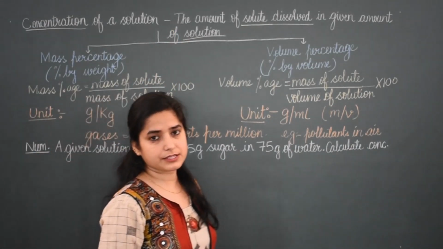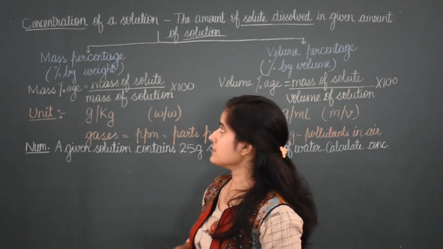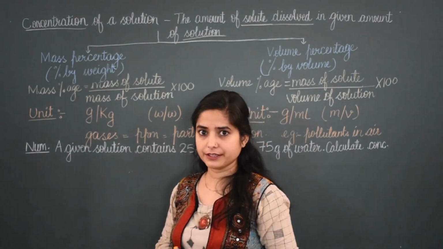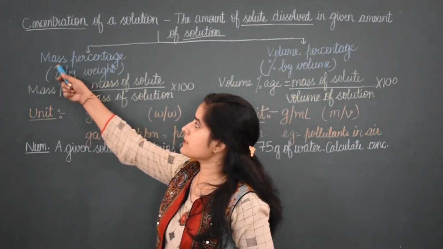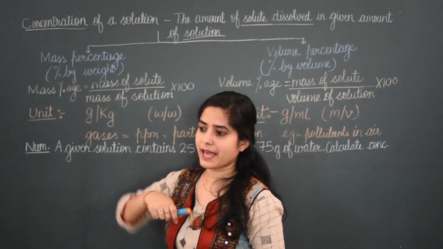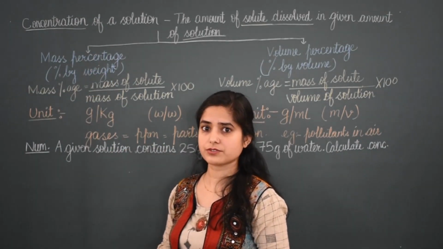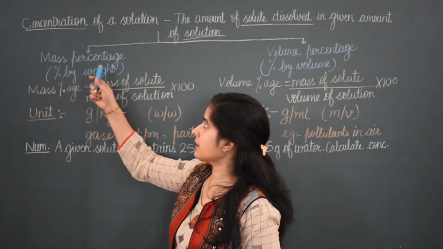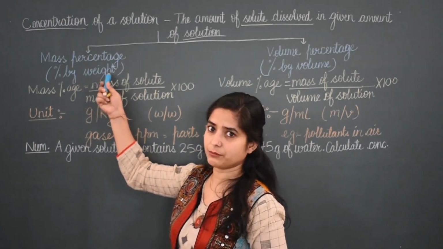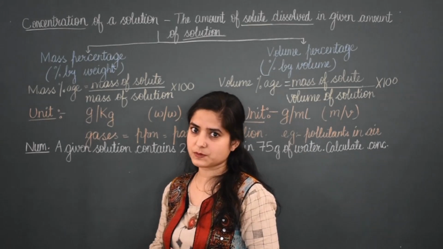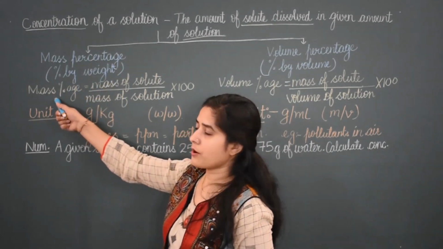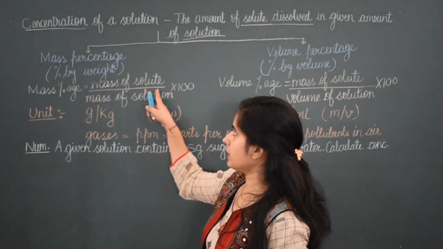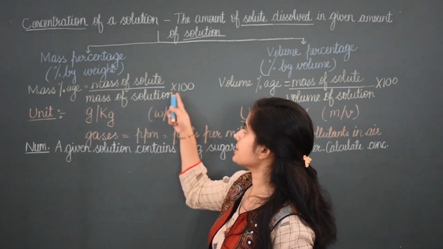We can find the concentration by two methods. The first one is mass percentage. We find concentration in percentage. Mass, as you know, is the unit taken for solids. So it is percentage by weight. We find the concentration of the solution as percentage by weight, meaning how much weight of a substance is present. Its formula is: